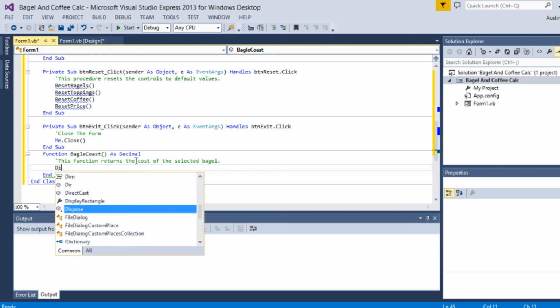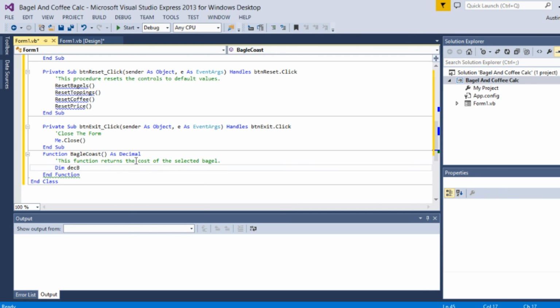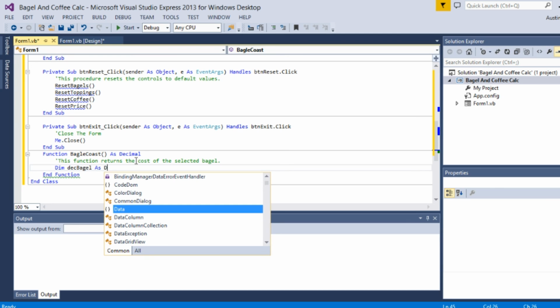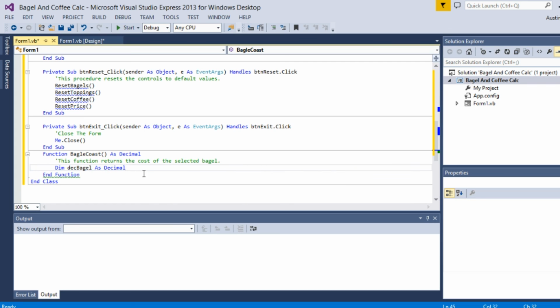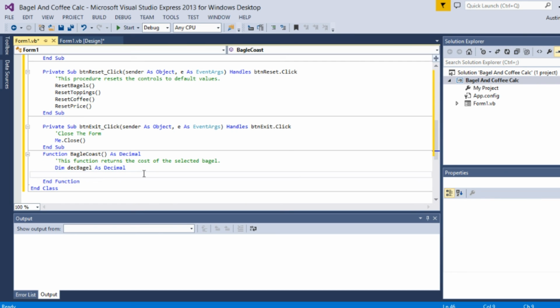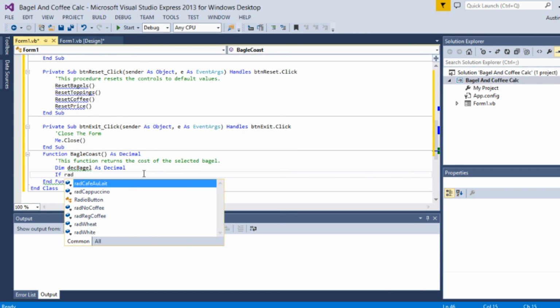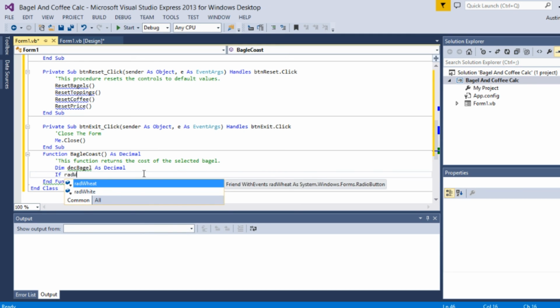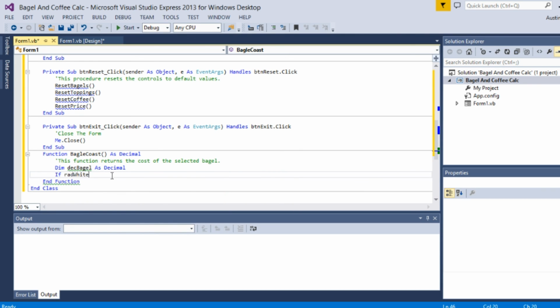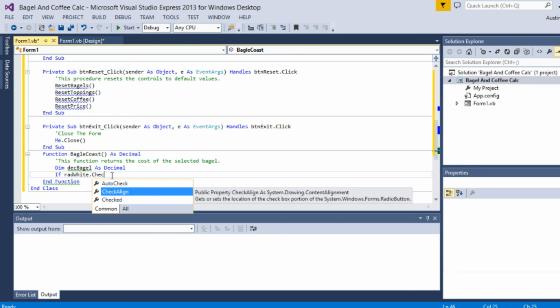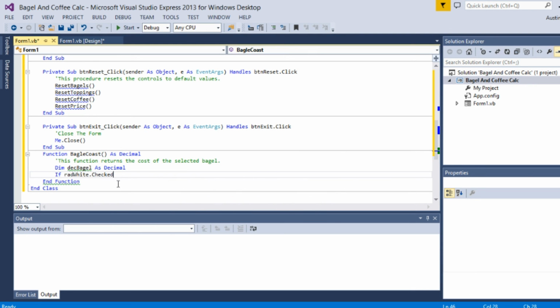So what we're going to be doing is dim dec bagel as decimal. If rad white dot checked equals true, then